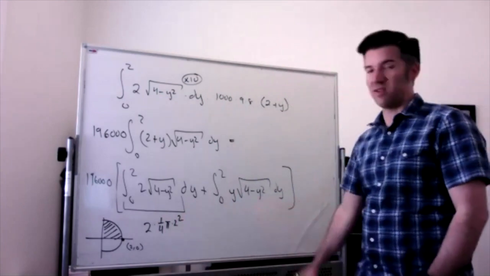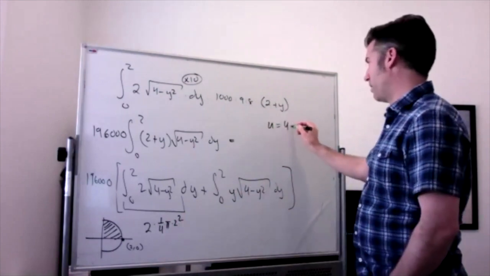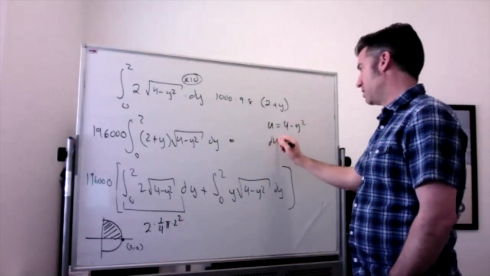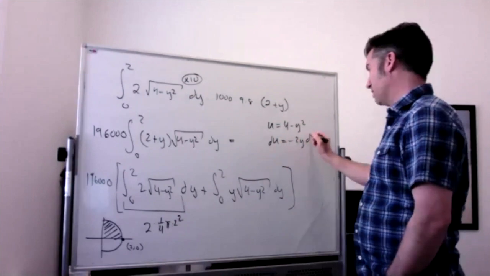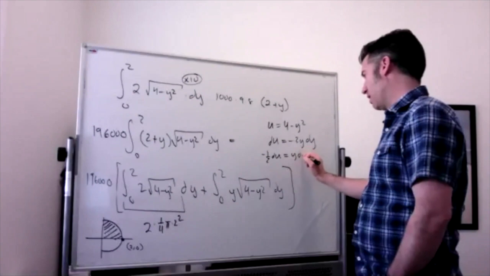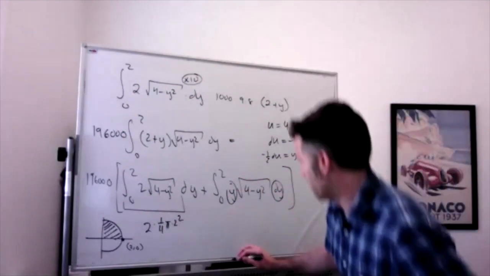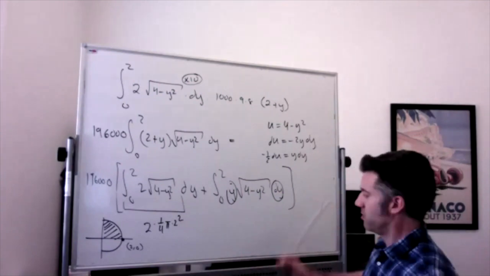This part here, we have to do a u substitution. We let u equal 4 minus y squared. du is negative 2y dy. Negative 1/2 du is y dy. We have a y dy. So this part becomes